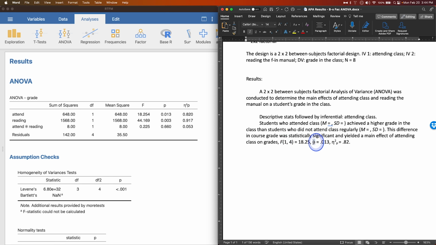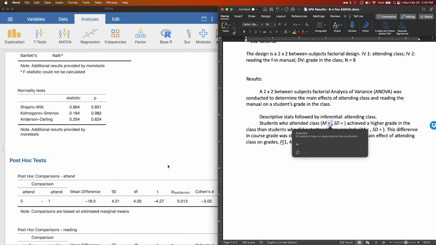And I'm going to italicize the things that need to be italicized. Latin letters italicized. So we've got an italic F. We've got an italic P. We do not italicize Greek letters or any subscripts associated with them. Let's put in our means and standard deviations. So 2.98, I'm just going to do some math off camera here. So the square root of 8, oh boy, what is the square root of 8? 2.828 times 2.98 equals